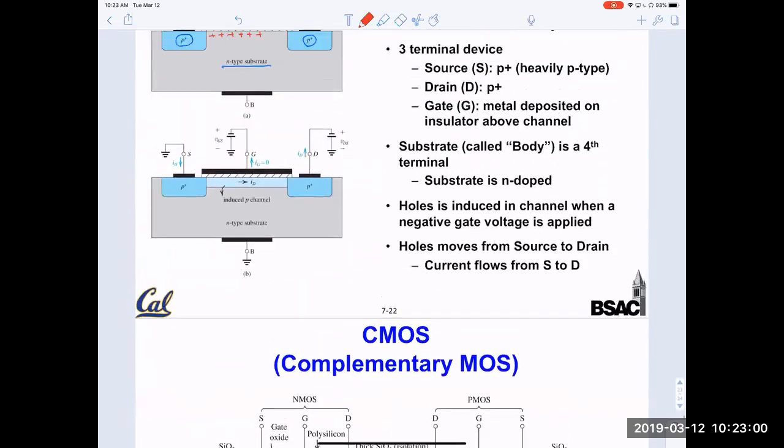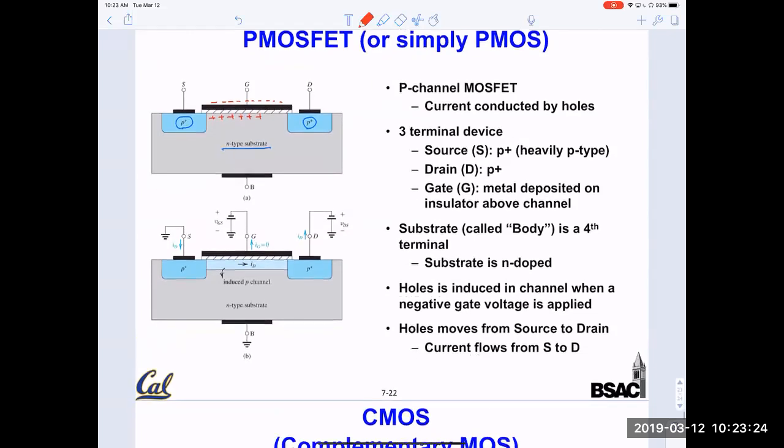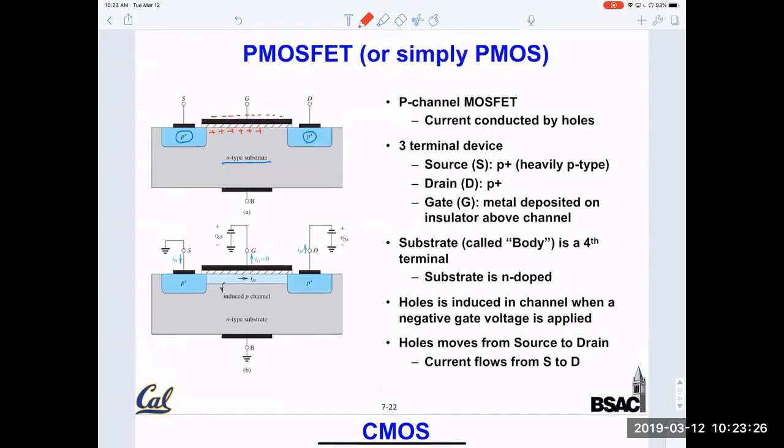You just have to change basically the polarity of the current direction, the polarity of the voltage. We will go through the current equation for the PMOSFET later on. So don't worry about it for now. So the construction looks physically very simple. One thing that we have talked about before is, for the same equation,